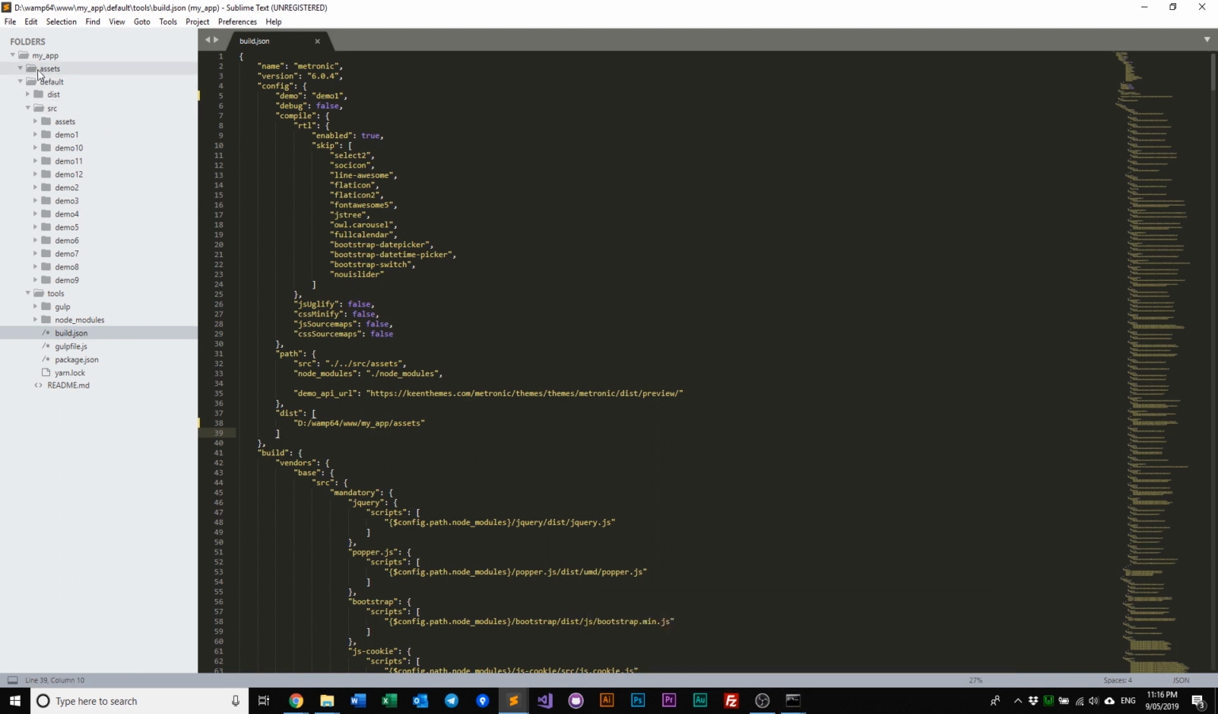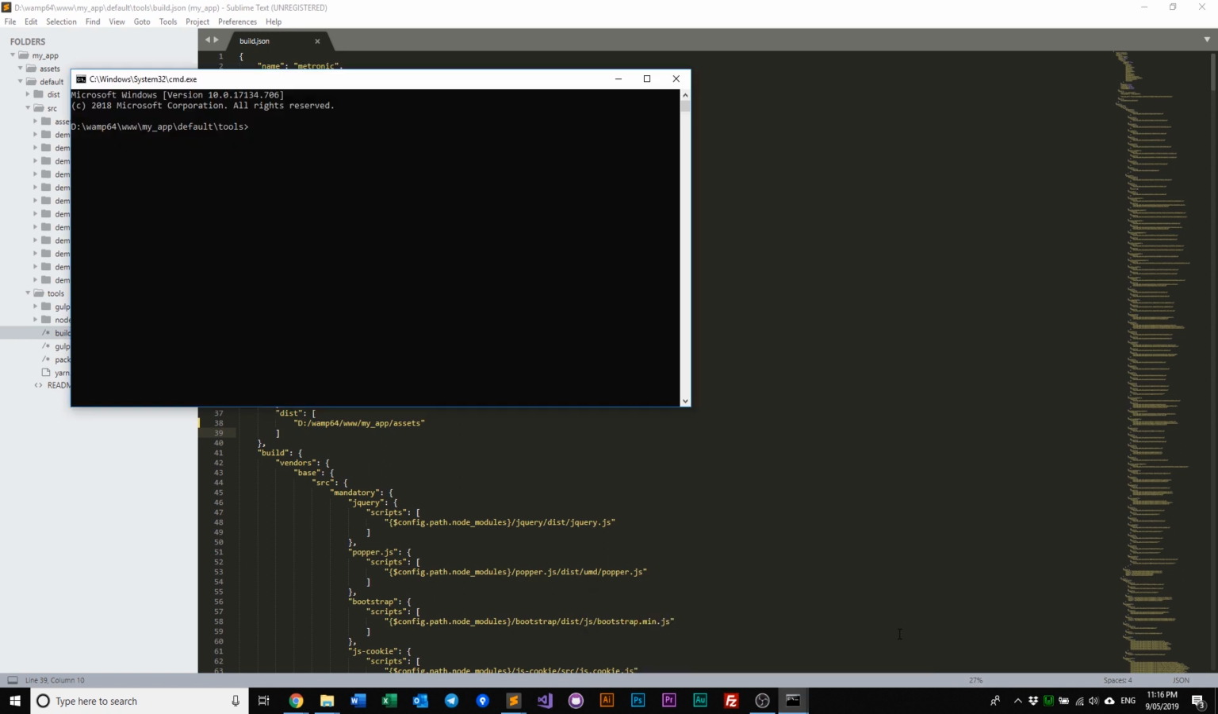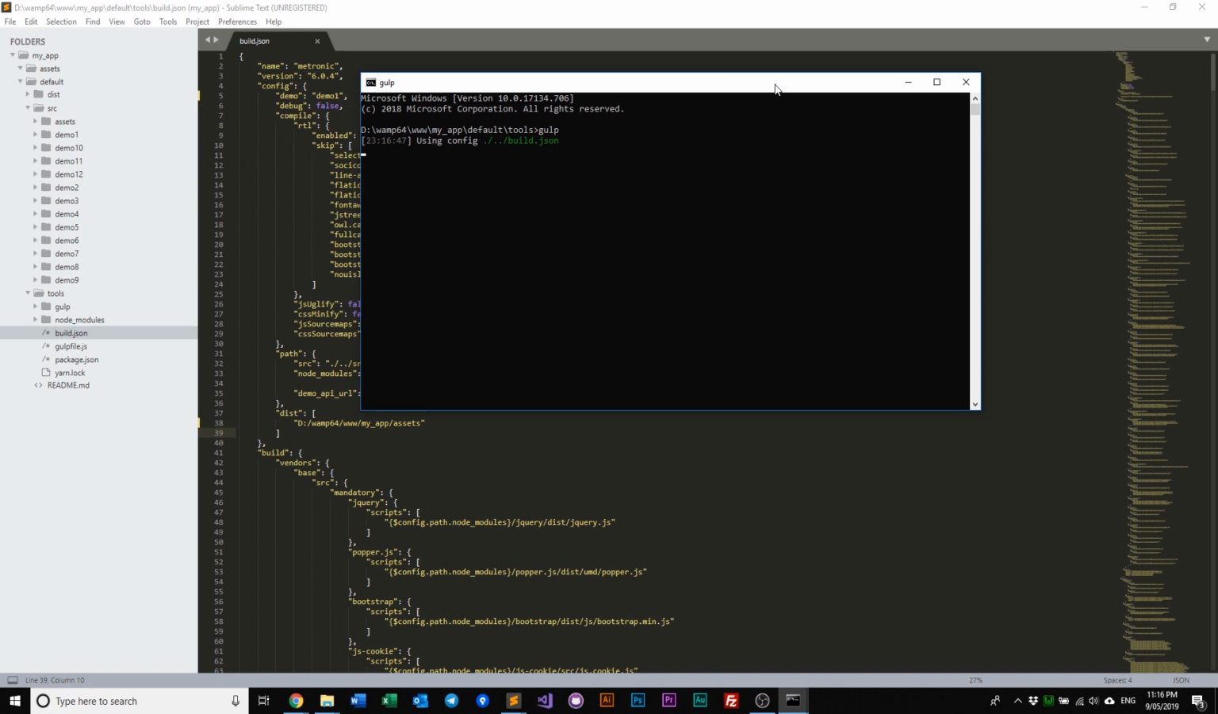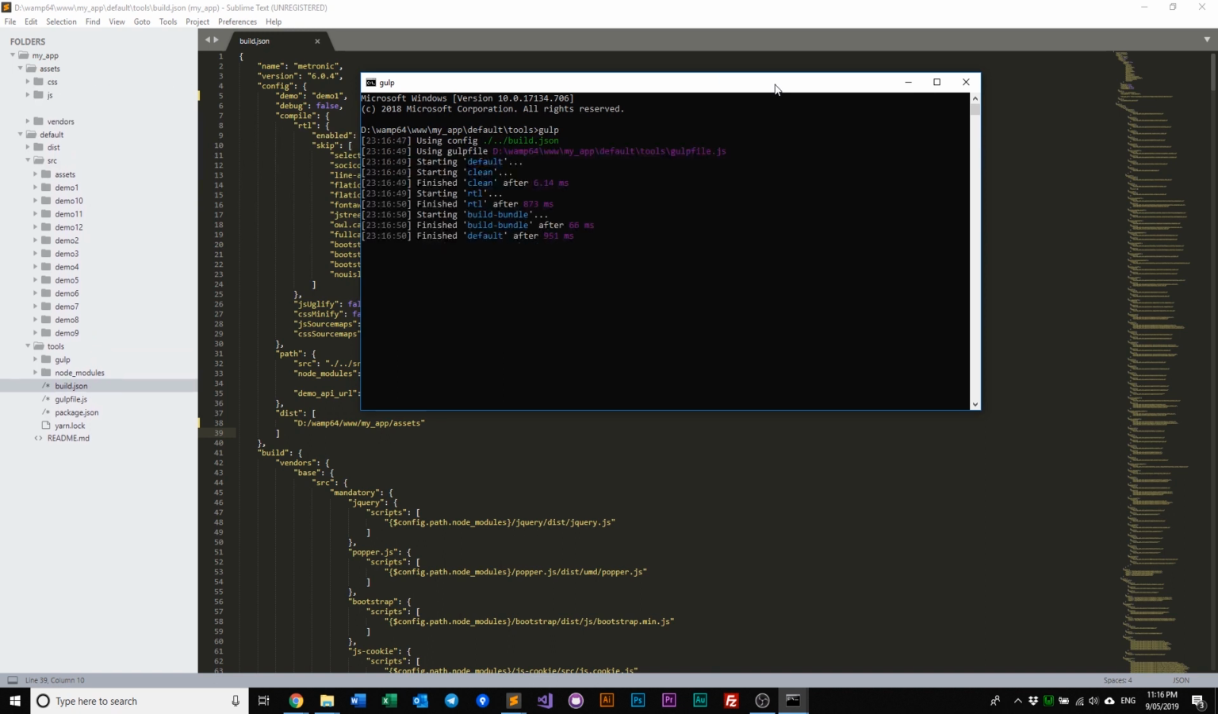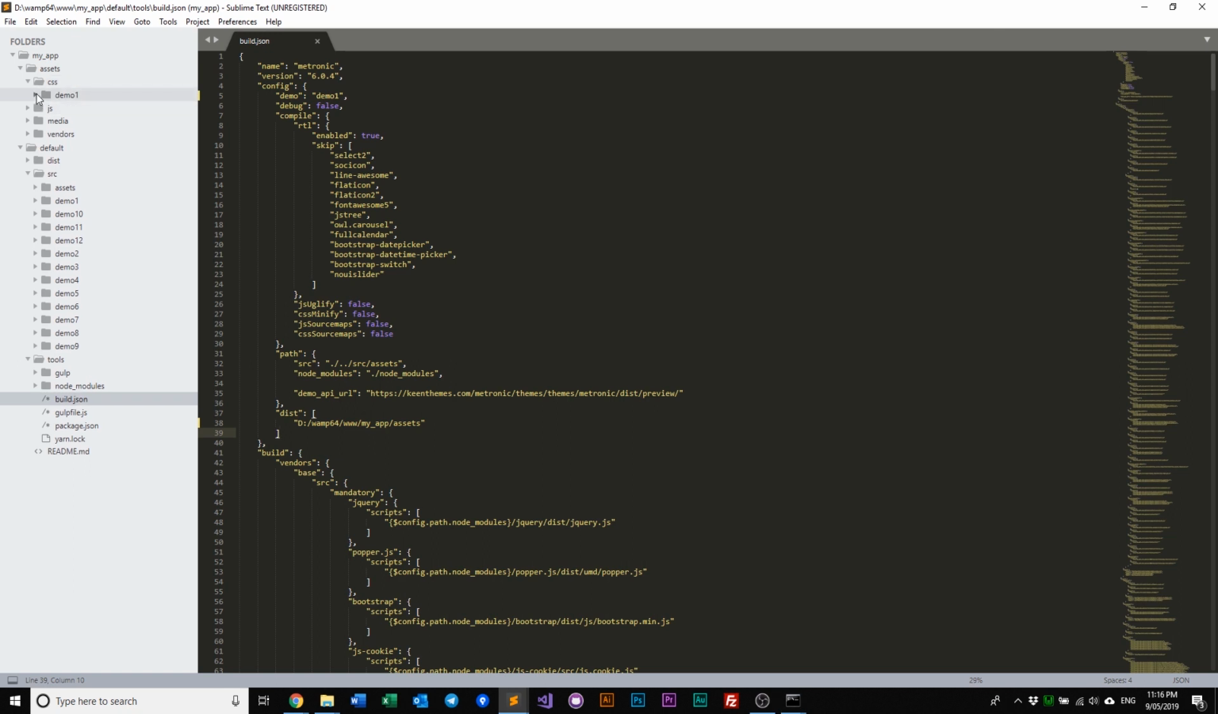So as you can see right here, our assets folder is opened, but there's nothing in there. So let's run Gulp. As it's going, you will see the assets get built, just like that. So it's done. If we have a look at our CSS, we have only demo1 compiled. We don't have any other demos. Okay, so now that our assets is populated,